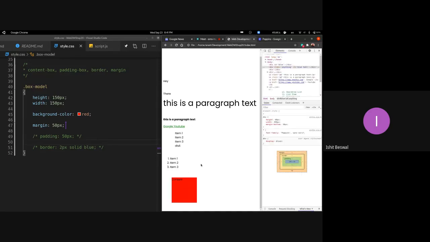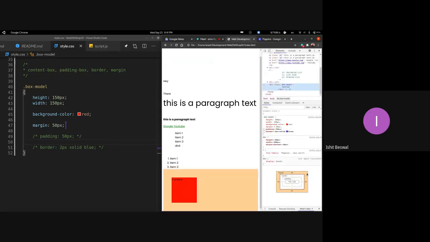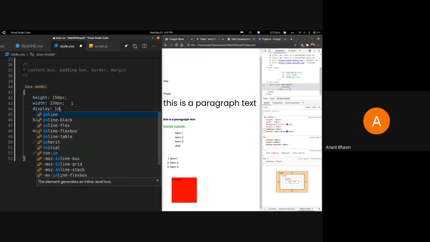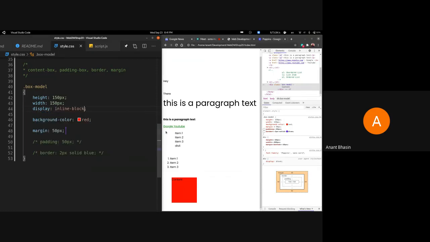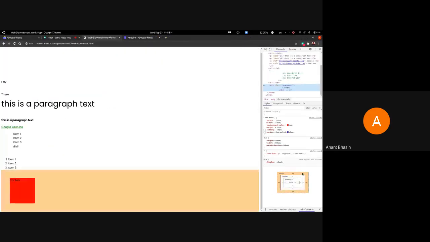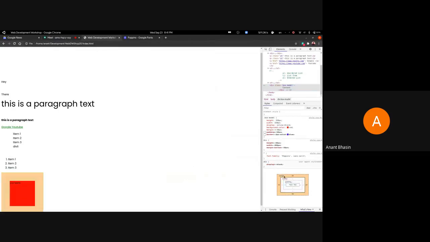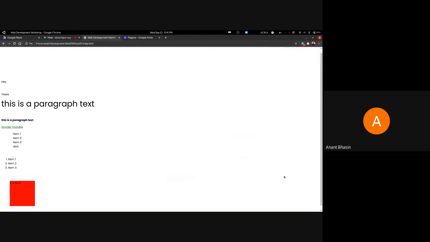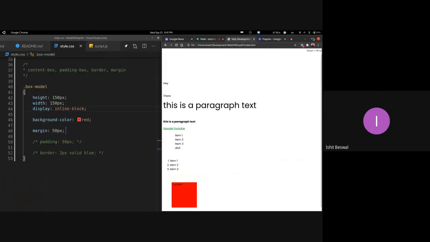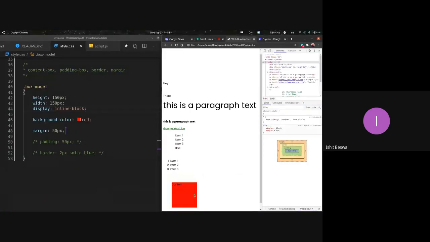Right, so you can see the div moves 50 pixels. It basically has a spacing of 50 pixels from every single side. You can even see it in the console. So let's make it a display of inline block. So it'll just have the margin that we give it. Right. Okay, wait, so is this not big enough? Yeah, right. So it has the margin of 50 pixels on all sides.